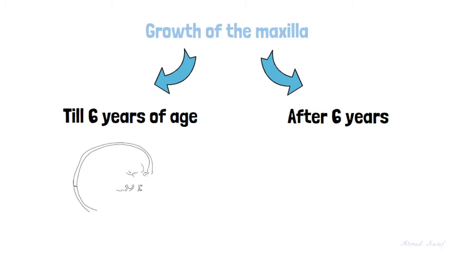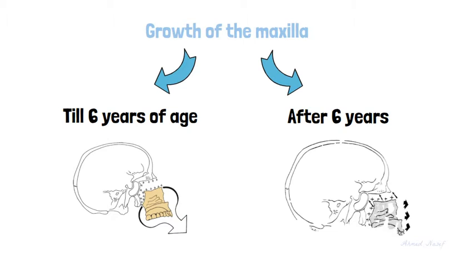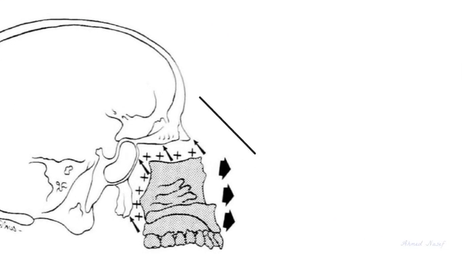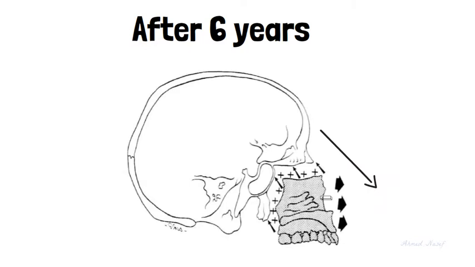So in the first stage, the nasomaxillary complex is pushed by the cranial base, which we call secondary displacement. This is because as the cranial base grows forward, the maxilla grows in the same direction as the cranial base. After that, in the second stage, it mainly depends on the sutural growth to move the maxilla forward, which is kind of primary displacement, where the maxilla moves downwards and forwards, and at the same time, bone resorption at its anterior surface takes place. So actually, the bone remodeling is opposite to the movement of the bone itself. That's why it's said to be primary displacement.